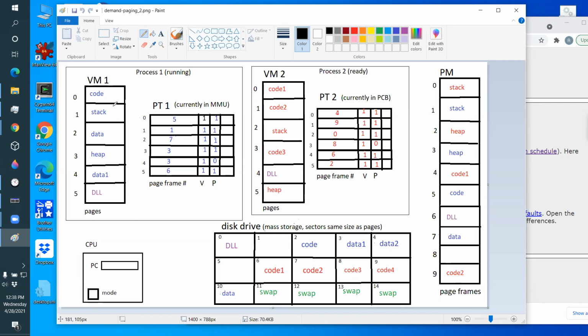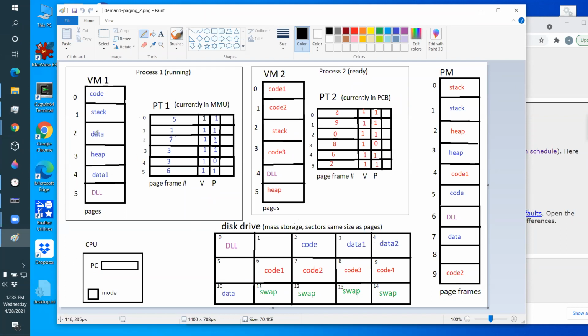So initially, when the program says, put the data in my virtual memory space, the memory management unit says, okay, page 2 is valid but not present. And then it'll be mapped to this place on the hard drive. But then as soon as the program touches the data, the CPU